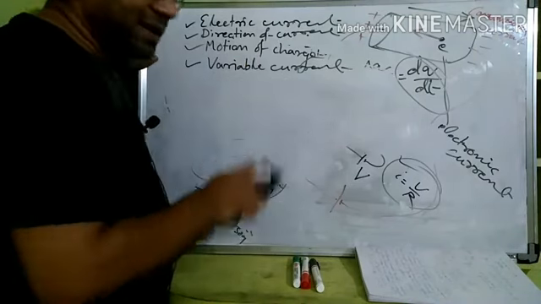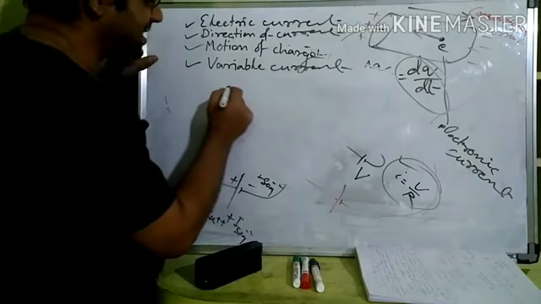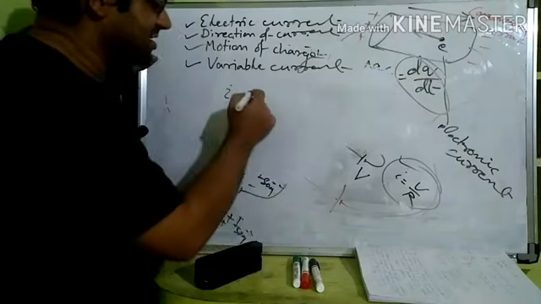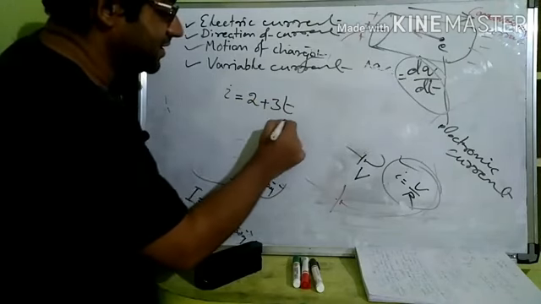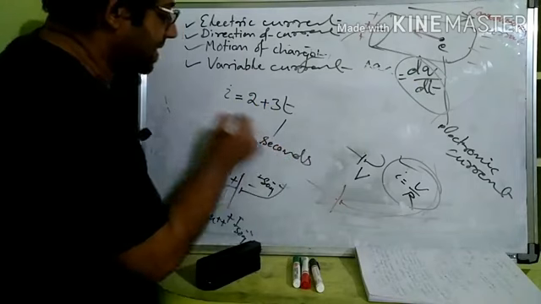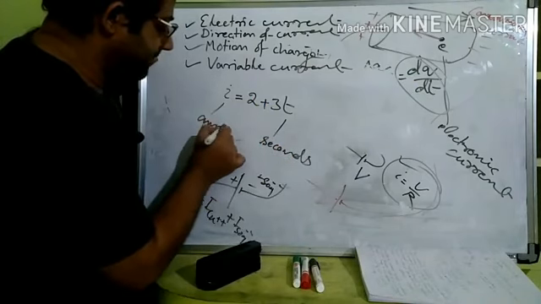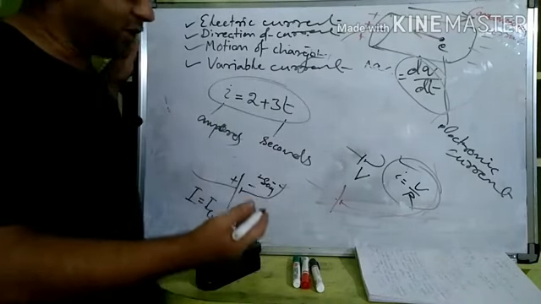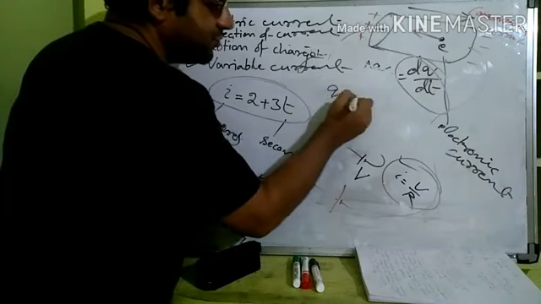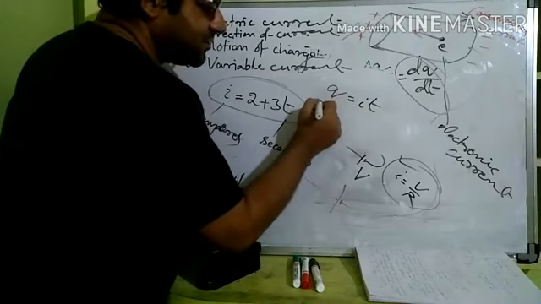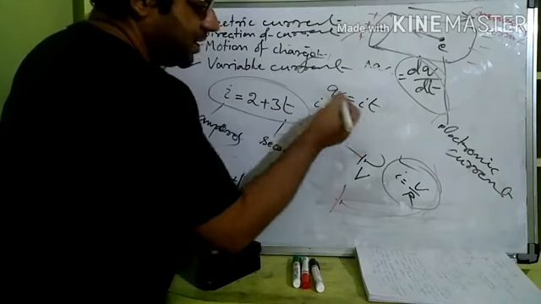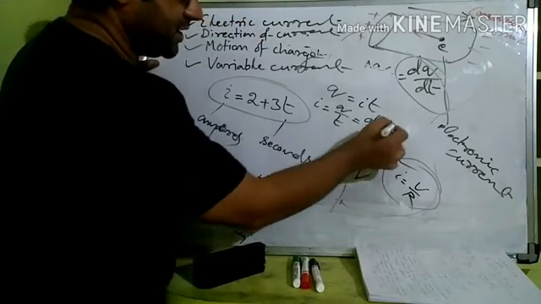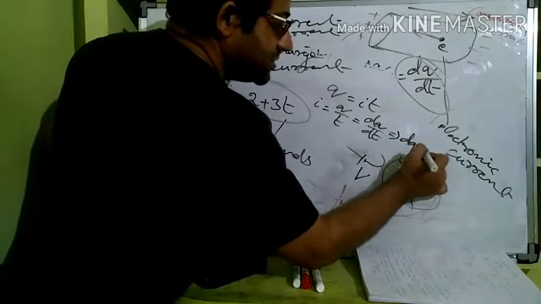And as far as numericals are concerned, you may get questions where current is variable in terms of time. As time changes, current changes. Let us say I is equal to 2 plus 3t, where t is in seconds and I is in amperes. So this way something will be given. Charge will be asked, what charge is flowing. Again we have Q is equal to It, that is, I is equal to charge by time. So better we say it is dq by dt. That's more accurate, right?